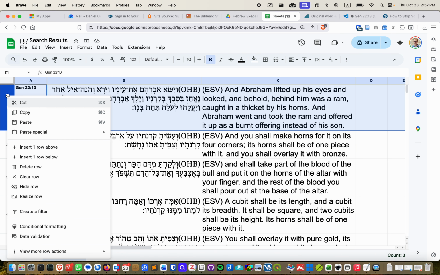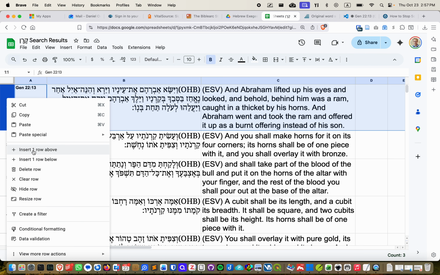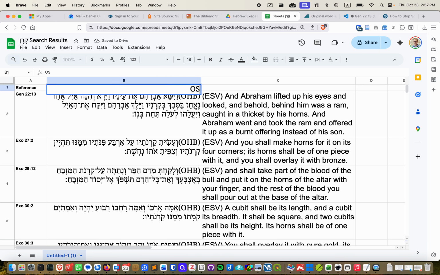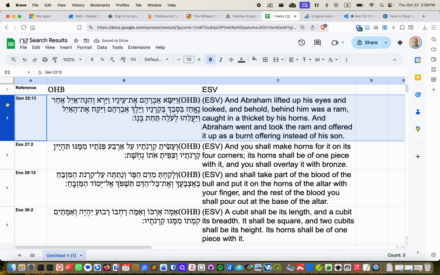Now probably we want to have a heading at the top, so we click on the first row, and then we hit insert one row above with the right click. Then we can call it reference, open scripture, open OHB, and ESV. And then what we can do